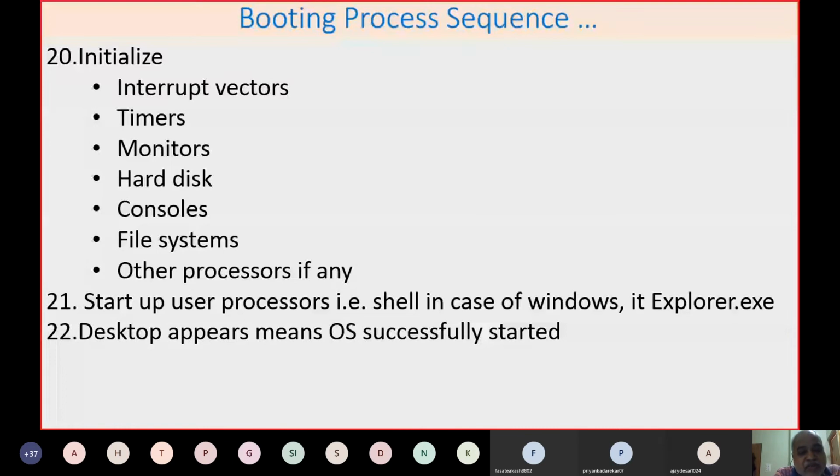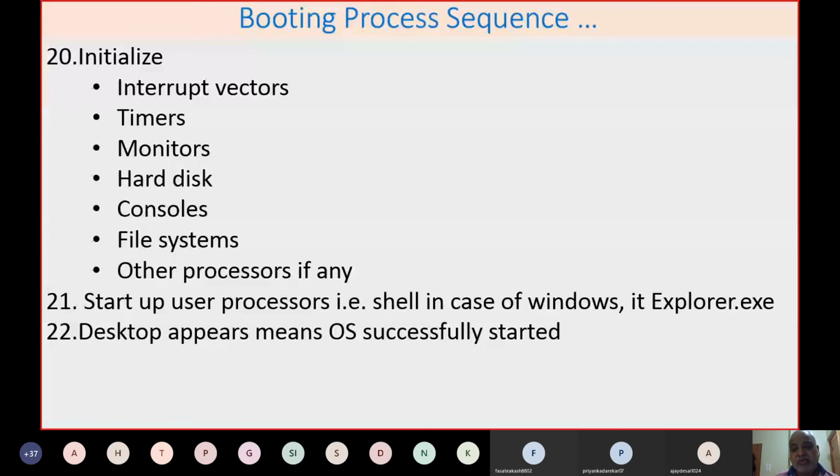Every operating system, whether it's a Mac or a Unix or a Windows, has a shell program. This shell program is responsible for interaction with the user. Whatever command you type should be accepted or recognized by the operating system. In DOS-based systems, command.com was the command interpreter. In Windows, Explorer.exe is your shell interpreter.